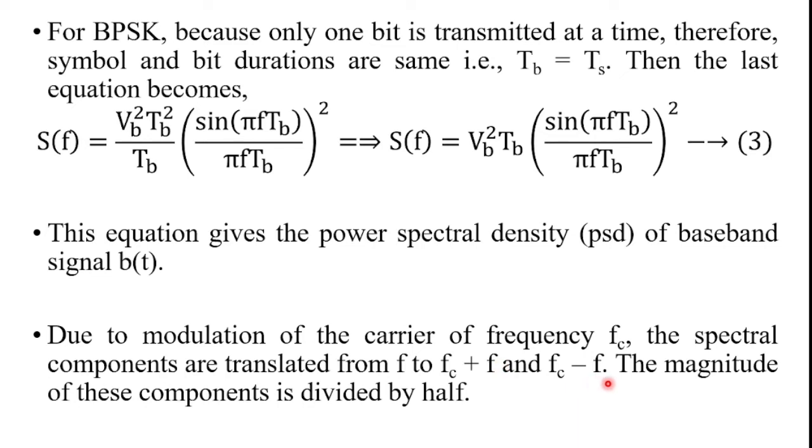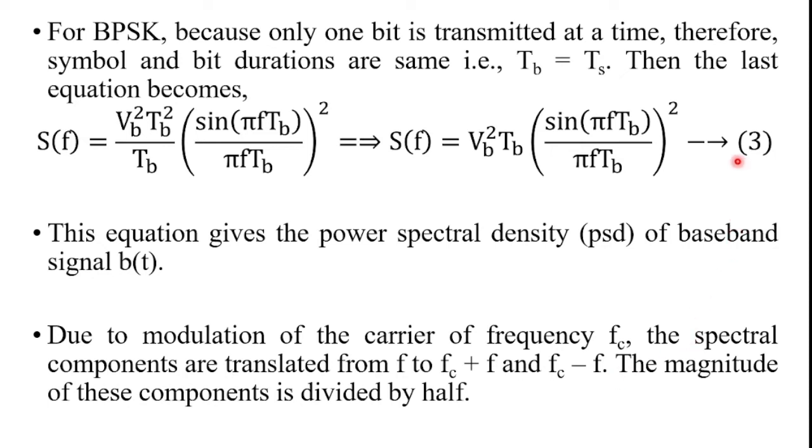Fc is the center frequency, that is the carrier frequency. The spectral components are translated from F to Fc plus F and Fc minus F. The magnitude of these components is divided by half. Half means 1 by 2. So therefore,